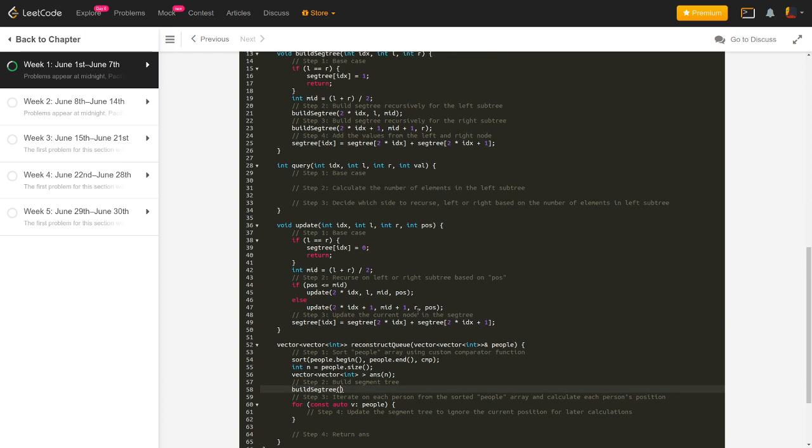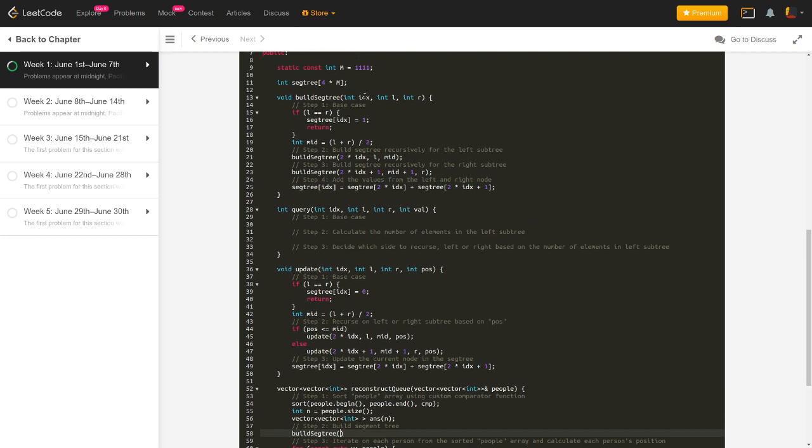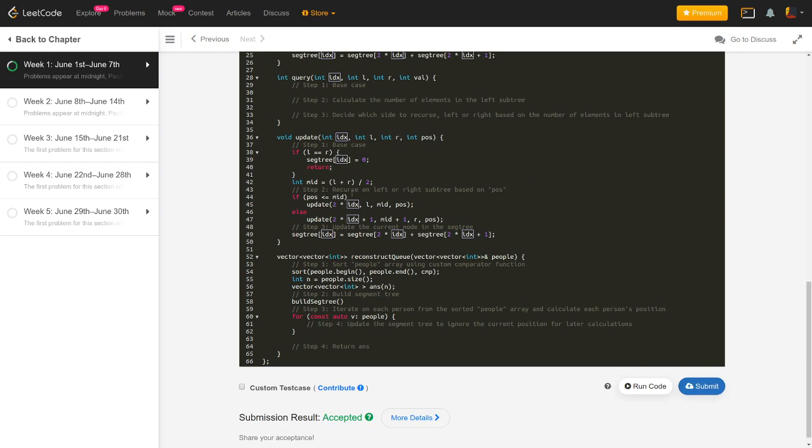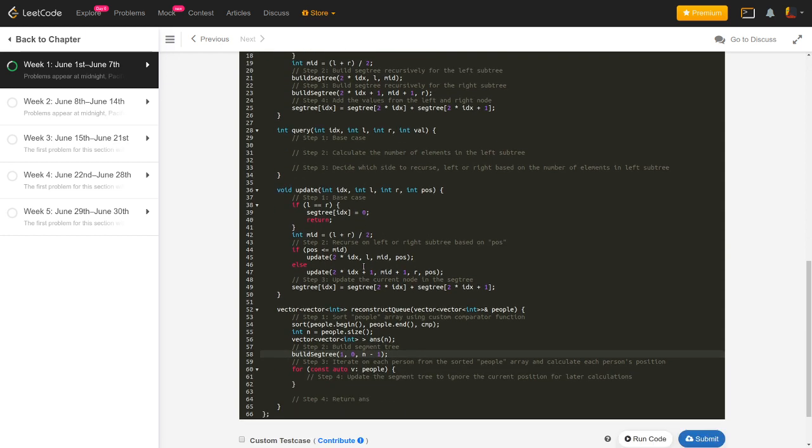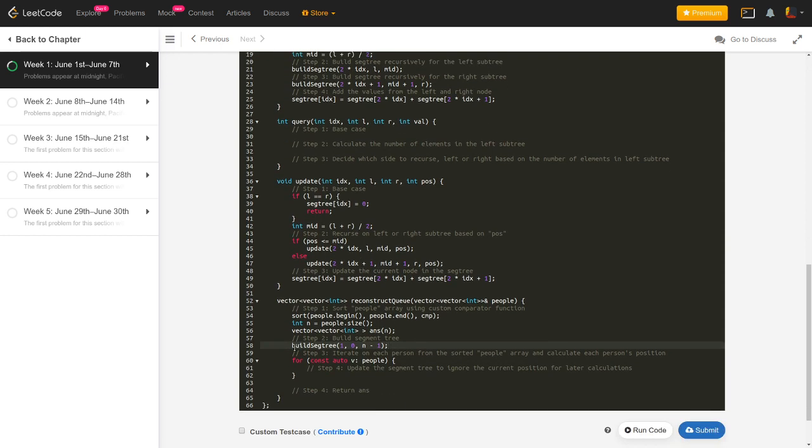So just remember, the arguments that we are sending to segment tree is first the index. So this is one based indexing, because we are having 2 into index as the left child and 2 into index plus 1 as the right child. So this happens when you have one based indexing for the segment tree. Okay. So build segment tree 1 comma L comma R, because the L and R are the range of the indices. So the range of the indices are of course from 0 to n minus 1. So that's why we are just building the segment tree from 0 to n minus 1.